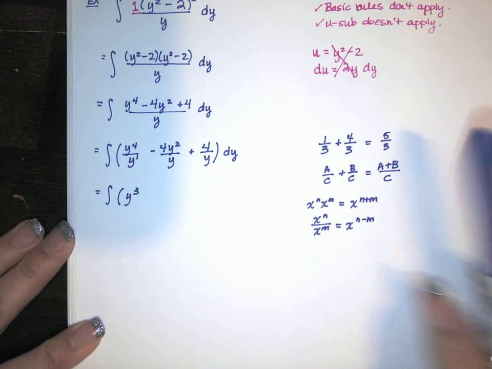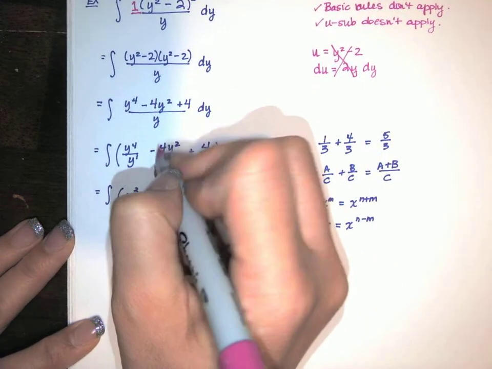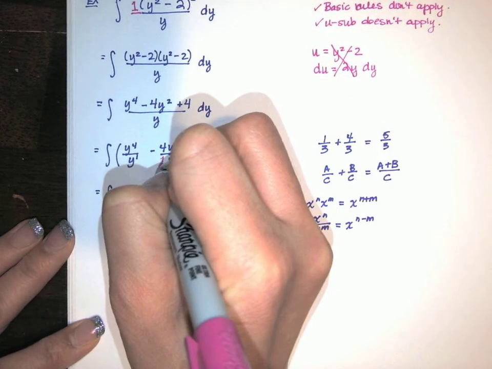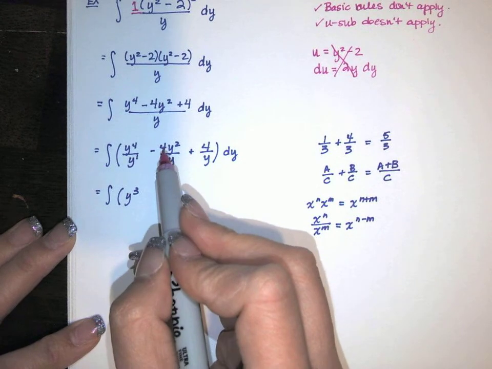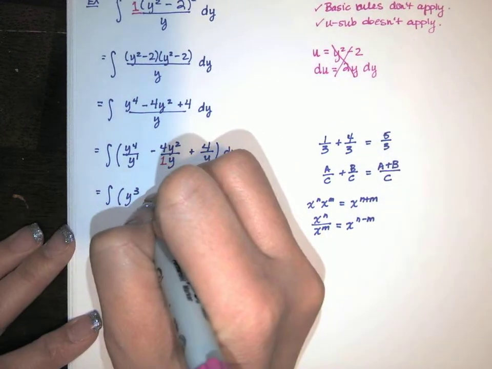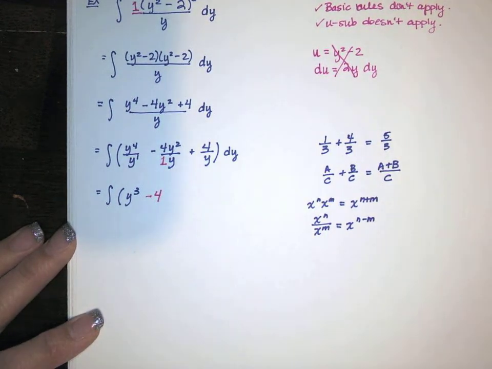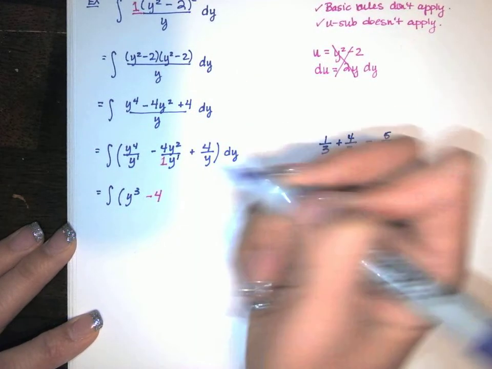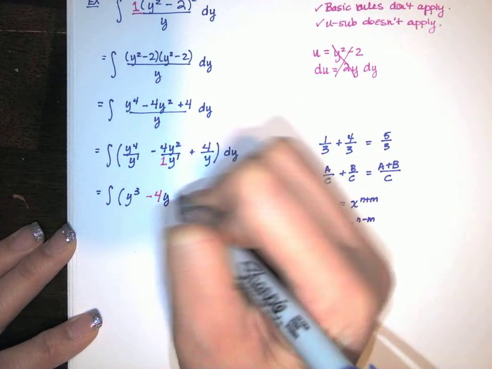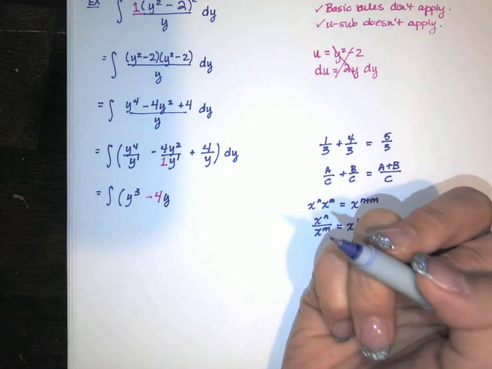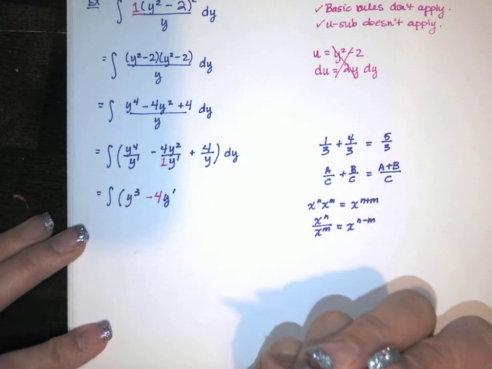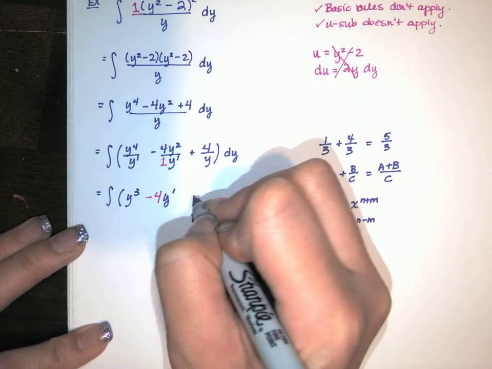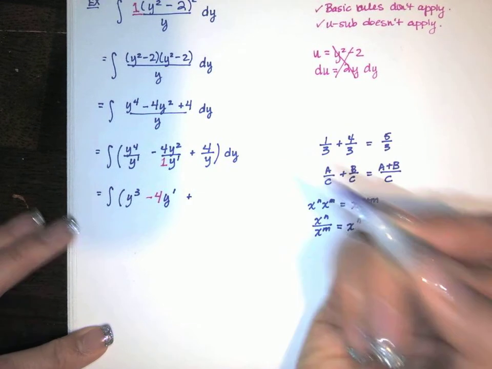Bring that down. Now over here, if you have a constant, you want to factor out that constant. The constant this time is a 1 over 4, or a negative 1 over 4. So bring that down. Y squared over y to the first, subtract the exponents, that's a y to the first. You could write the 1 if you want to. You don't have to. Remember, it's not a prime. It's just to the first power. And this 4 over y,